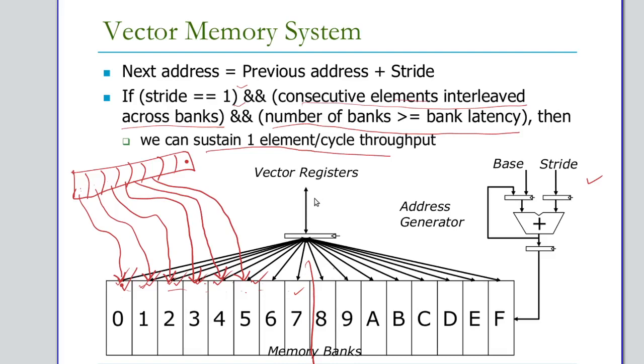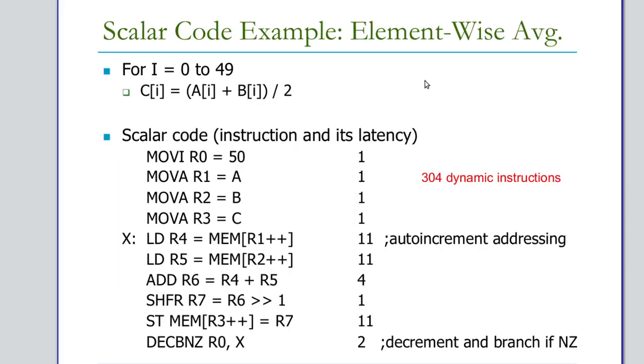What was happening? If one memory access takes 11 clock cycles, the first access will take 11 clock cycles, and for the next accesses it will take just one clock cycle for each access. Suppose you have to access 15 data. In that case, the first access will take 11 clock cycles, and then the rest will take just one clock cycle each. So now let us move to this example.